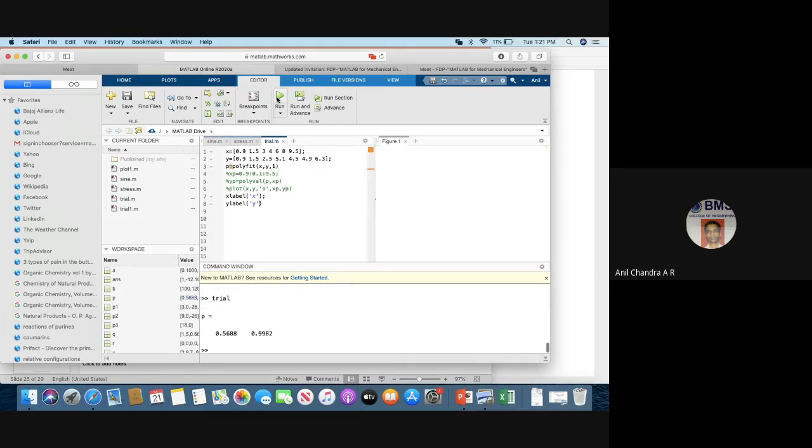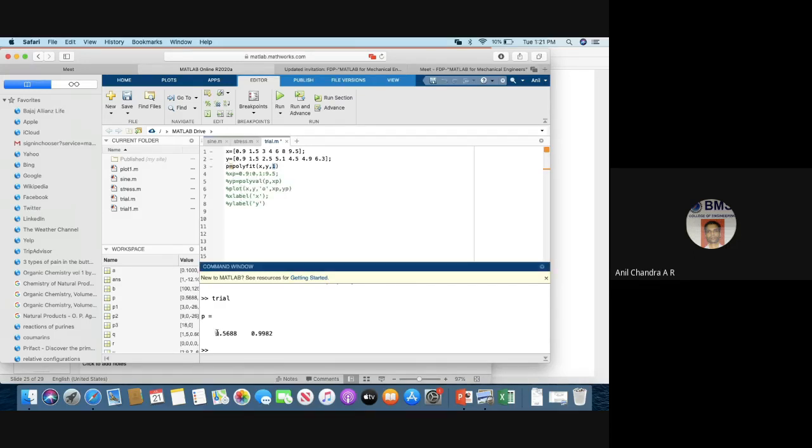Okay. Now I have taken some data from an experiment. It is just plotted there. Just ignore this also. If you understand this plot, then the rest of them are just a cakewalk. So I've taken x data, y data. I want to fit some polynomial to it. I plot y is equal to mx plus c. First, I define it as first order, right? And the coefficients of that will be returned to p. So if this is the value of p, m is 0.5688 and c is 0.92. So that is the first order.